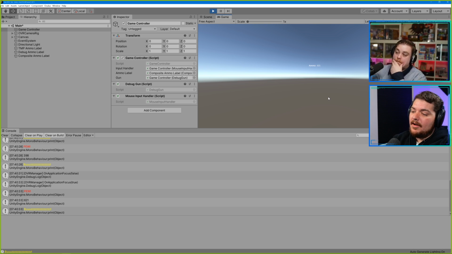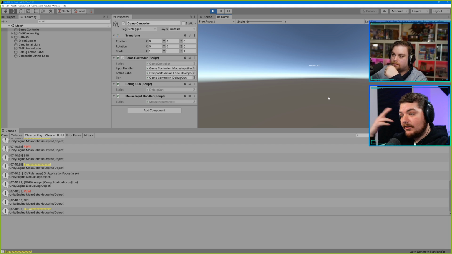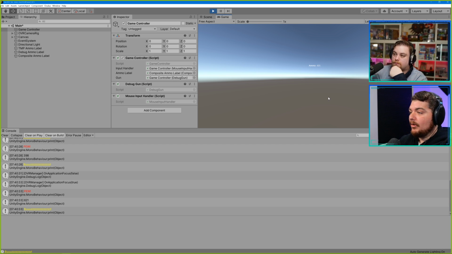There you go. And then this composite ammo label actually helped us, because now I can do logging without littering my code with a bunch of logging statements. And maybe for the build, I'll remove this composite ammo label and just put the TextMeshPro in. So there's all sorts of contexts in which you might have requirements to support this sort of complexity.